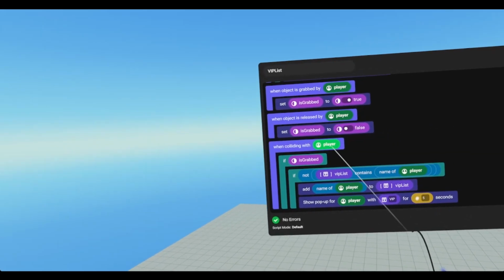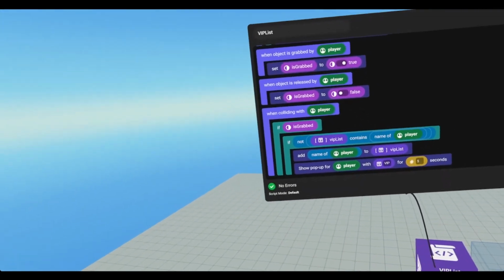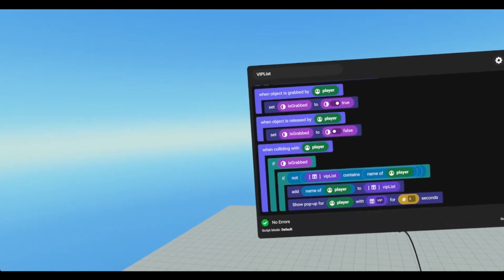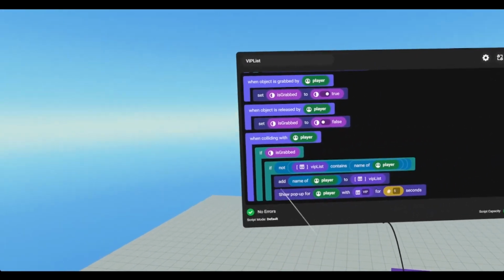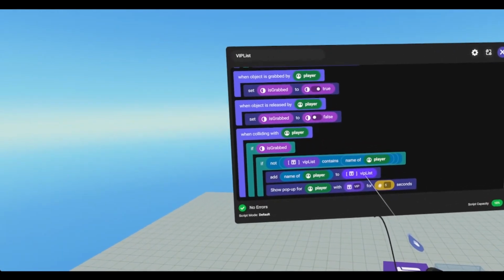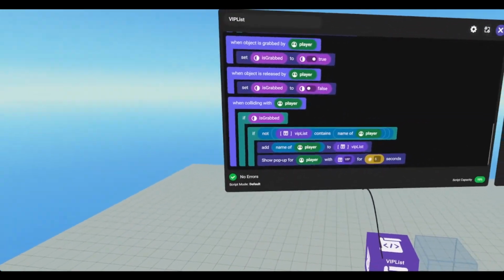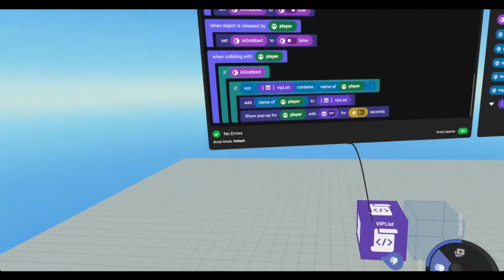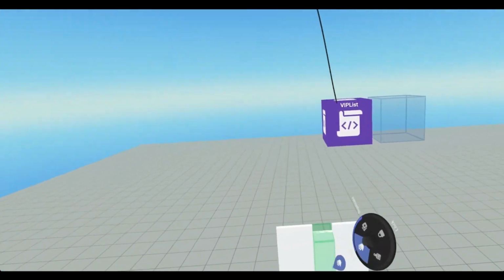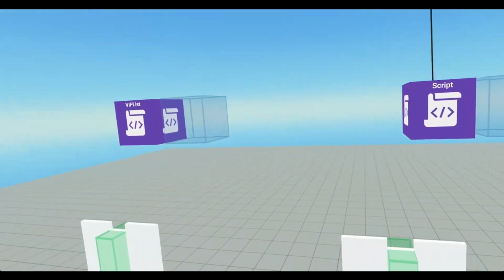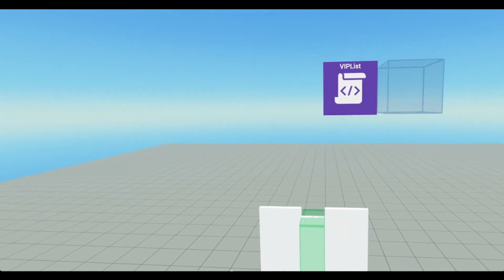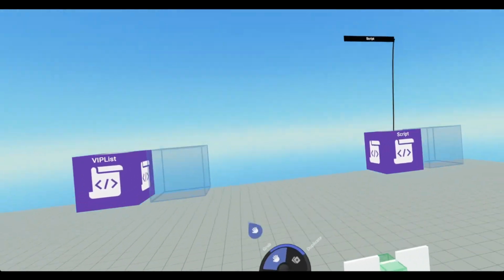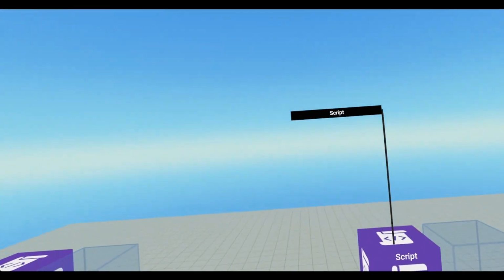And then when colliding with player, if it's grabbed and the name of the player that we're colliding with is not already in the VIP list, we're going to add name of player to that VIP list and then show a pop-up for that player saying, hey, you are now VIP, which will allow him or her to enter through that door. And that is it for the list way, so the manual and the temporary VIP access. Now for permanent access,